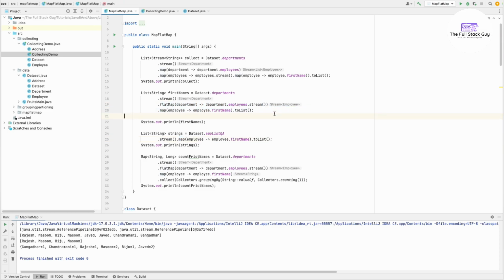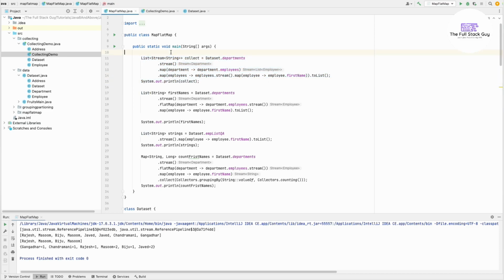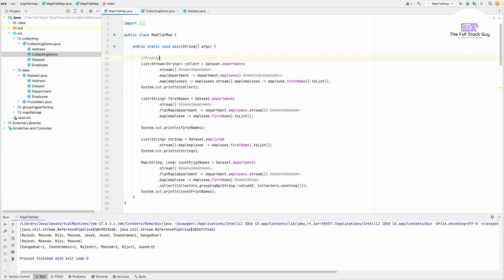So this is the problem which we are facing, and to solve this problem, what we just do is go from map to flatMap. Whatever we try here, it will return some stream of something, like a list of streams of strings or something like that. So I hope I made this thing clear, and if you have anything to ask,